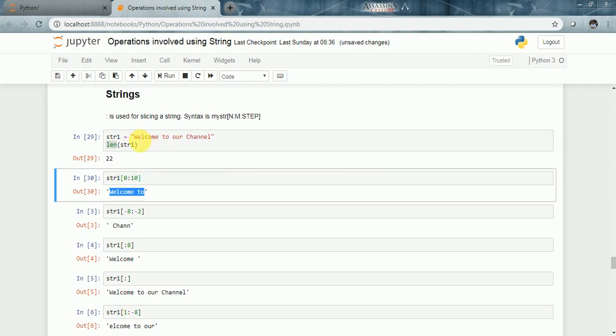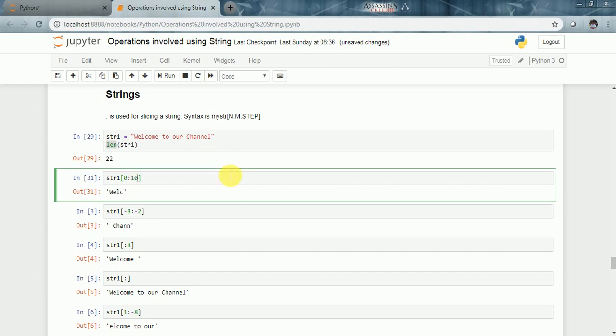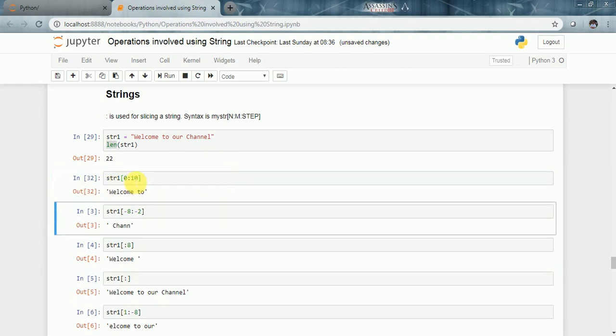So when we start with 0, W becomes 0. I'll make this as 4, so that would be easy for us to count. So this is 0, 1, 2, 3. We are going up to 4 but not 4. Now this is very important. While slicing, you need to remember that the first value is taken into account while the second value is skipped. Like 0 to 4, that means you are going from 0 up to 3. Fourth element would be neglected. So that is one thing that you need to remember. Now the same value we will make use of, 0 to 10, that represents we are going from 0 to 9,